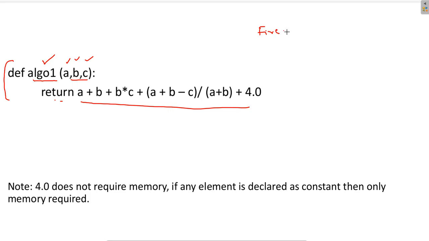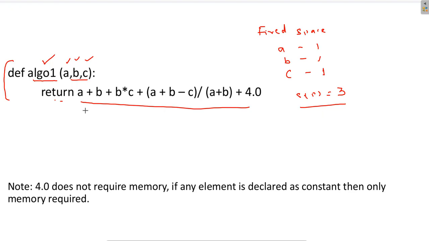As a part of this code we need fixed space, because a, b, c are some variables. So whatever space is required for a, space required for b and space required for c. Let's say we will need 1 unit of space for a, 1 unit of space for b and 1 unit of space for c. So total space, I could say that S of p for this case is 3 for variable a, variable